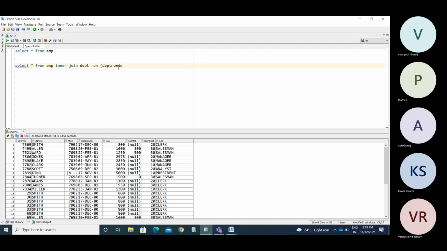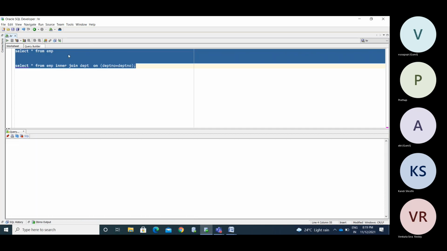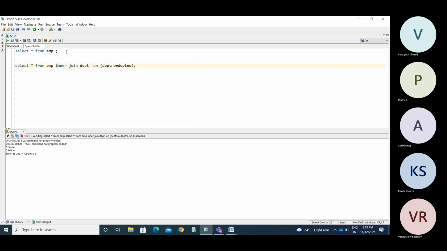So DEPT number equal to DEPT number. It is giving an error because there is no semicolon here. This table has a department number, and both tables have the same department number column. So Oracle is confused: column ambiguously defined. The system is getting confused with the column names. This column, do I need to take it from this table or this table?